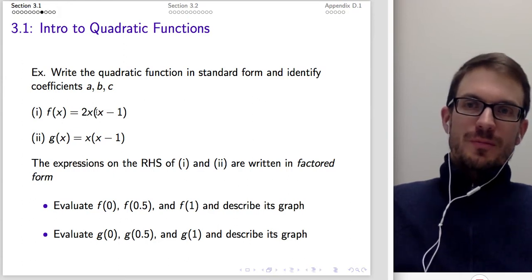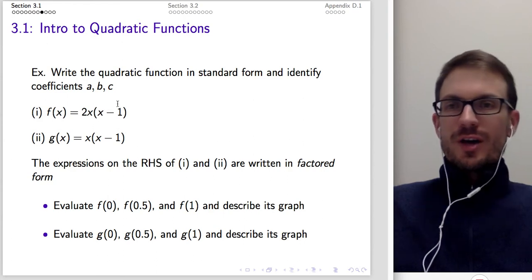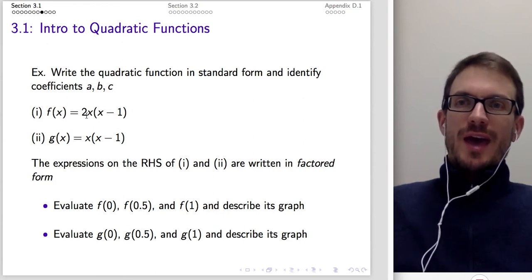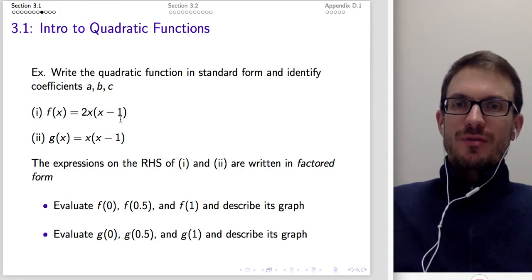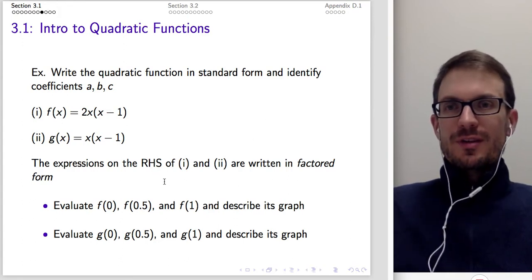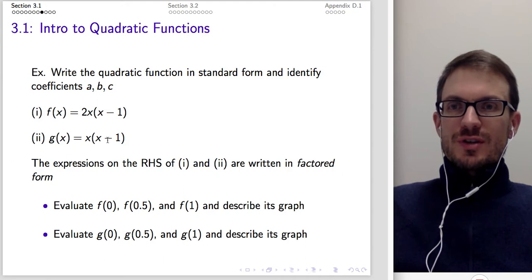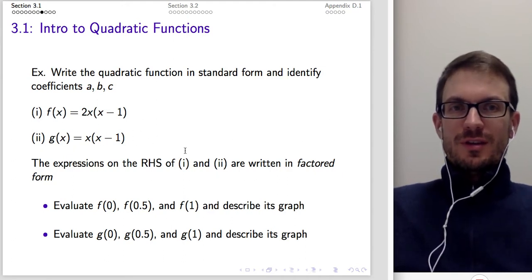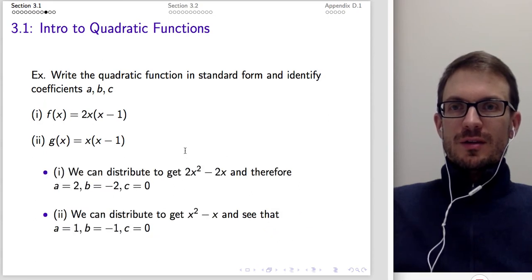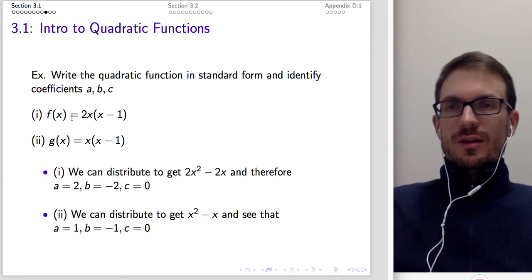These are actually presently in factored form, and we'll talk about factored form in a little bit. The next thing you want to do is evaluate f of 0, f of 0.5, f of 1, and describe the graph. Then evaluate g of 0, g of 0.5, and g of 1, and describe that graph. So you can pause the video and go ahead and do that. Okay, so now resuming,